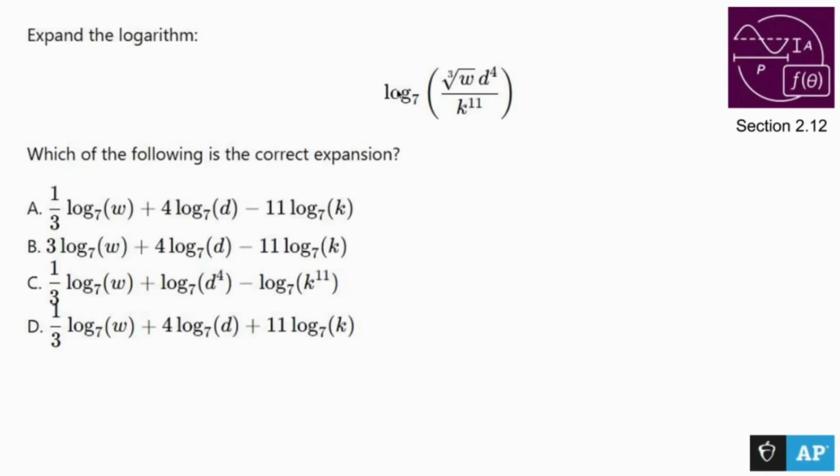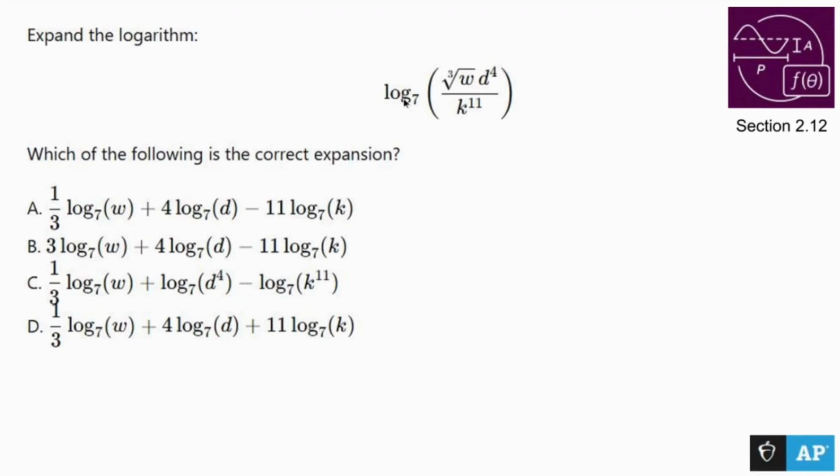Expand the logarithm. You have log base 7 of the cube root of w d to the 4th all over k to the 11th. When you expand things, you're going backwards. You're ripping this apart. So you always want to do the division part last, then the multiplication part, then the exponent part. So the division part makes me think, what must I have done